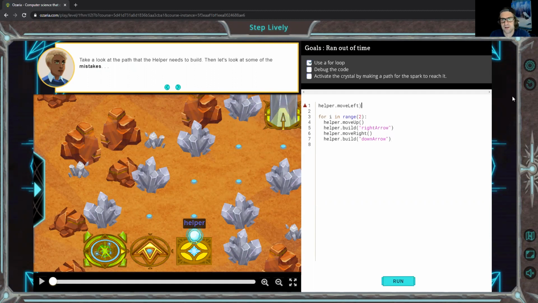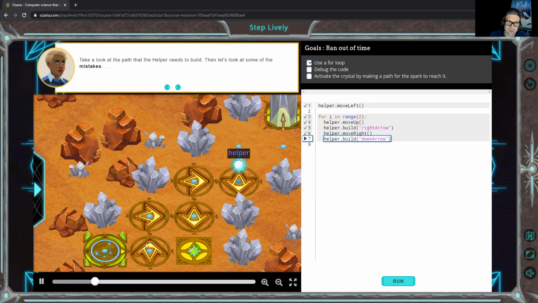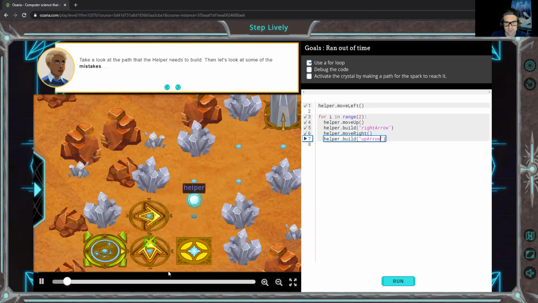All right, so the first mistake here is just move left. We didn't have the open. So we'll do open, close, and then I always just like to run and see what happens first. Okay, he moves left. Okay, so he kind of makes this zigzag shape, but he puts the arrow down, so let's do up arrow. So instead of going right and down, it goes right and up. So right, up,